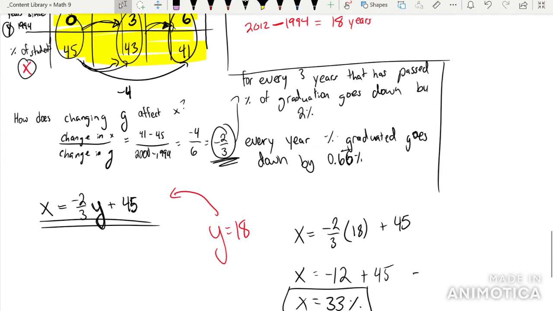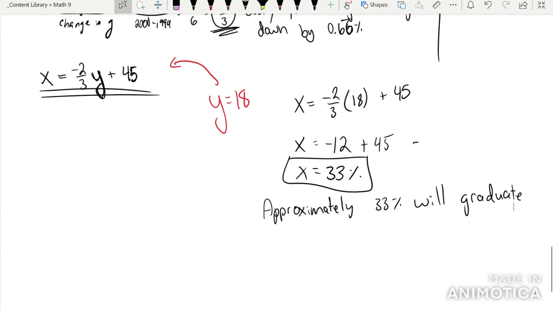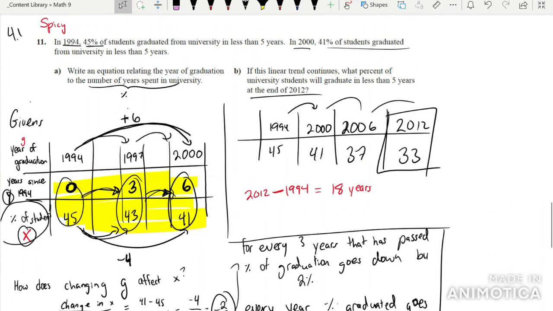So again, remember x stands for the percentage of students graduating, so we can answer in a sentence and say approximately 33% will graduate in less than 5 years in 2012. So notice how, rather than relying on this to jump forward a bunch of steps, I can just